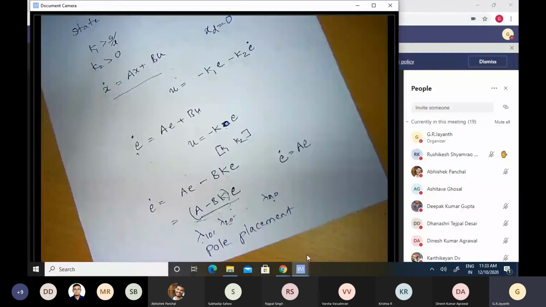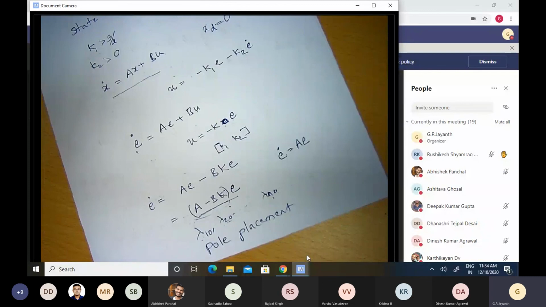So by placing the poles, you're able to get the desired extent of stability for your system, and central to this is our ability to perform state feedback, or in other words, measure the states, the velocity and the position, or the joint velocities and the joint positions if you have a general n-link serial manipulator, and generate torques that are some linear combinations of these quantities. We will explore this in greater detail in the next class. And when is it possible? When is it not possible? What if the full state is not measured? All of that we will take a look at in the next class.